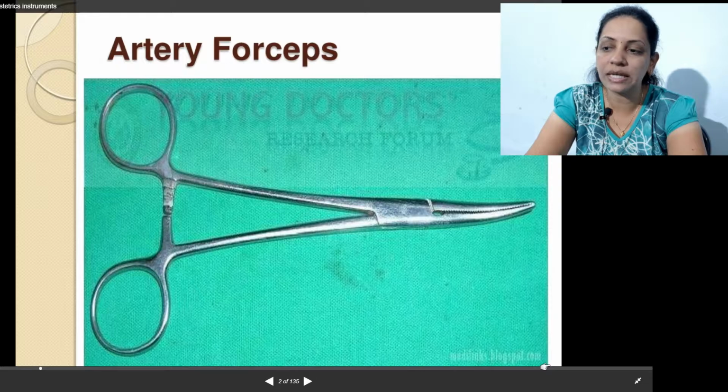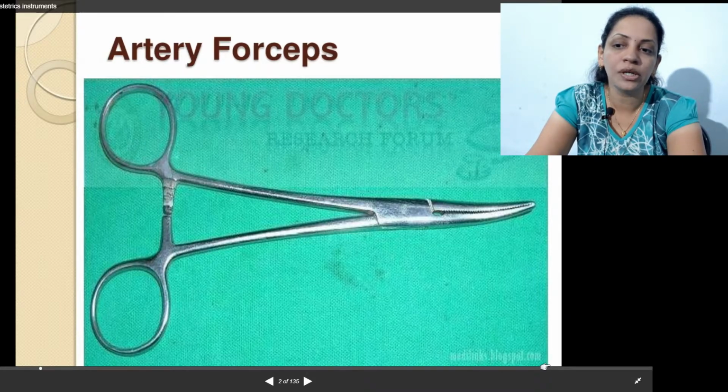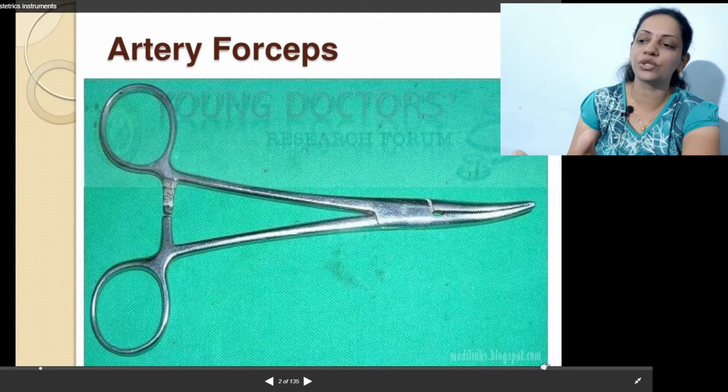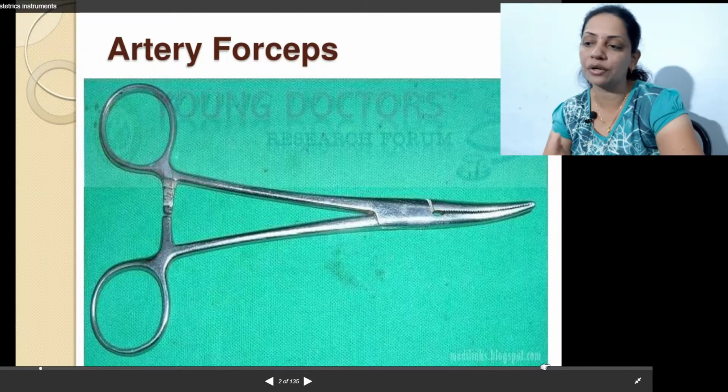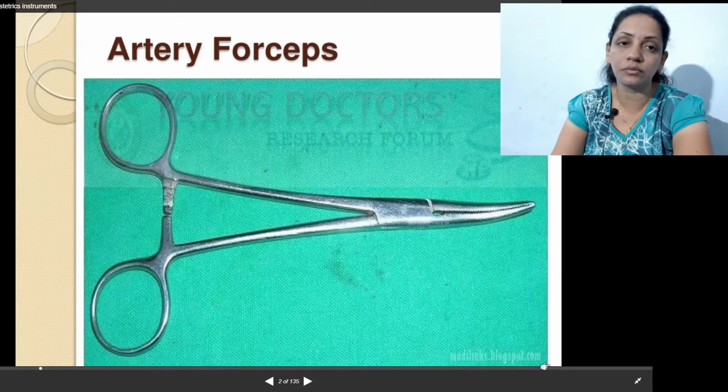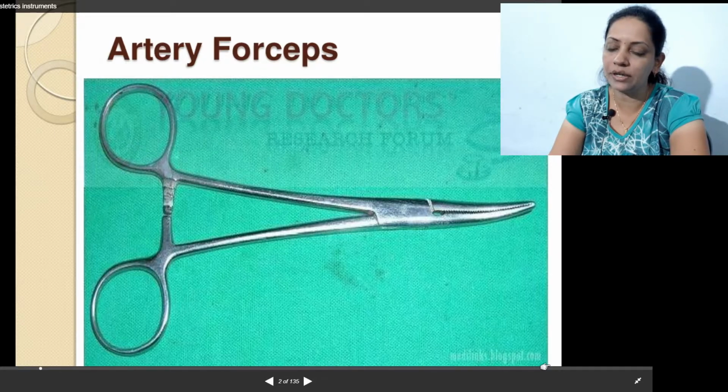The artery forceps is like a scissor, but it has a typical end which clamps or catches the arteries, and because of that it stops the bleeding. You can see the end of the artery forceps, which is very sharp, and it has a typical cutting type of end, and by that we can catch and clamp the artery. When we hook the fingers in the artery forceps handle, there are three types of lock. We can lock the artery forceps in three stages: first, second and third. When we want to close it tightly, we use the third lock. So this is about artery forceps.